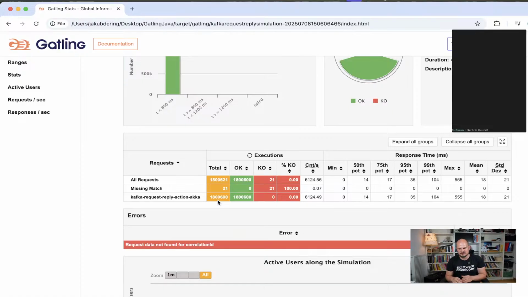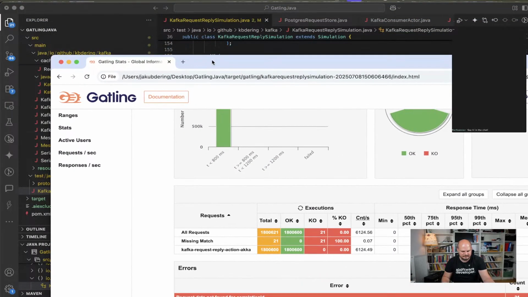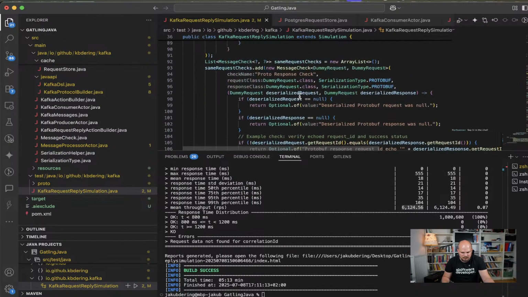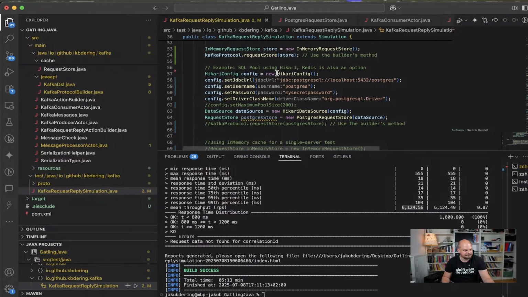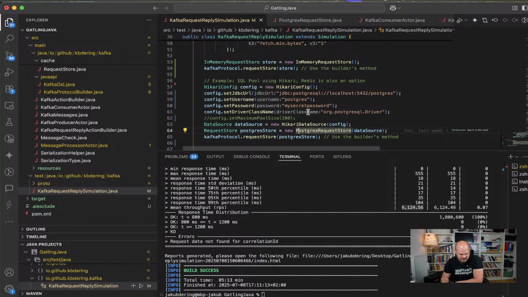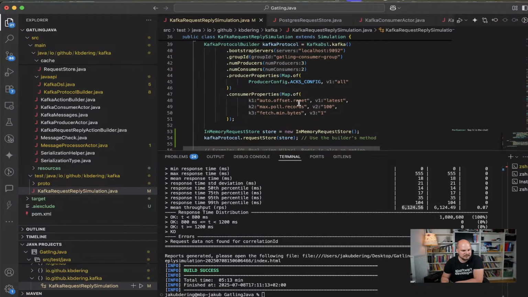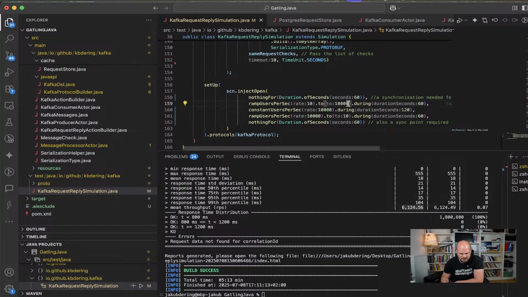No customer is stealing the messages that would disappear from the topic, etc. This is something that takes time to fully understand before you can actually run any meaningful analysis of your latencies. Okay, so this simulation works fine with my in-memory store, but when I change that slightly to my Postgres application, this is where things would start to get messy, and I will probably even have to change the throughput